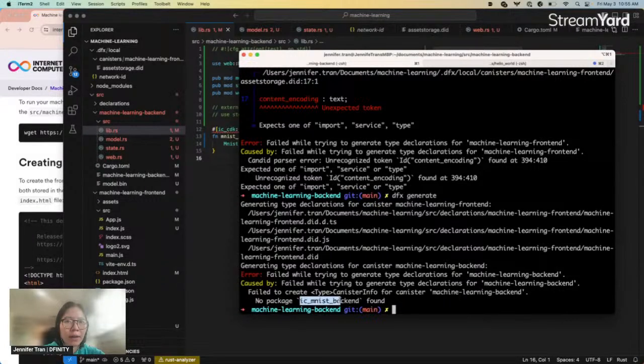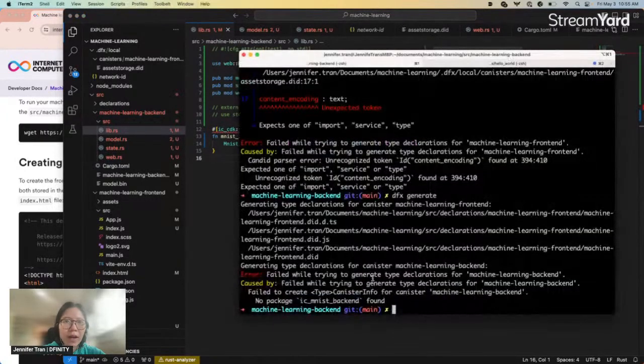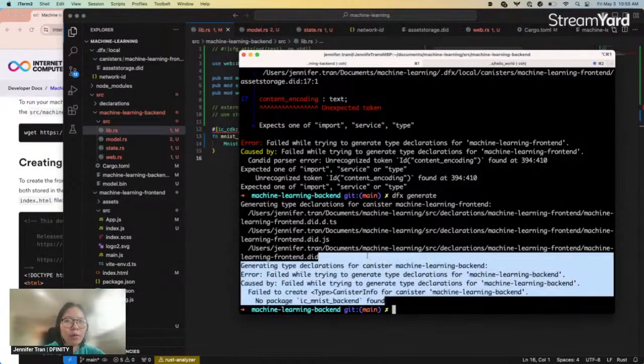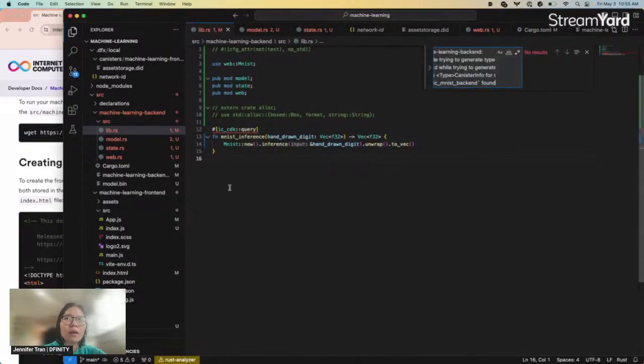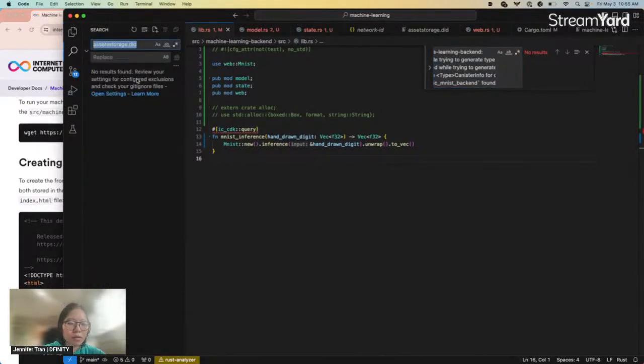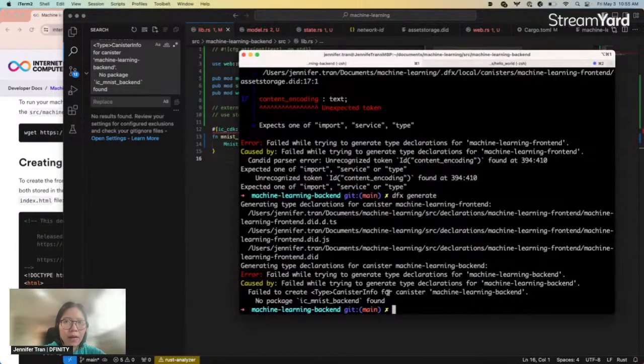It's saying that IC Mint's backend is not found. I know that we have a couple of minutes left, but hopefully we'll be able to have this up and running by then.